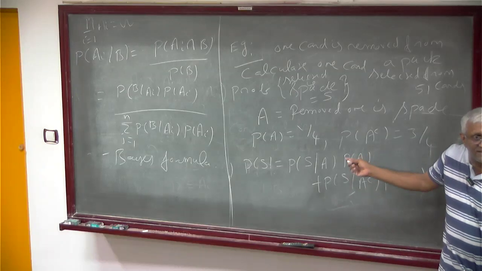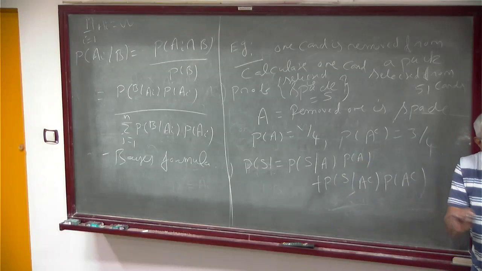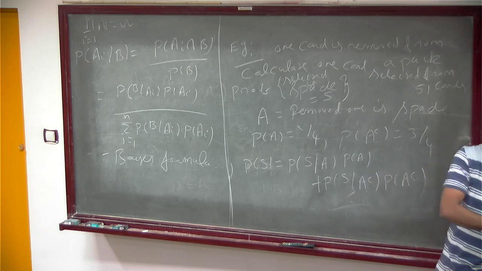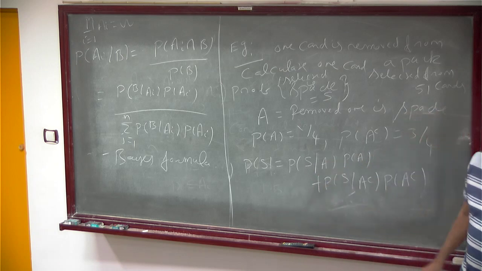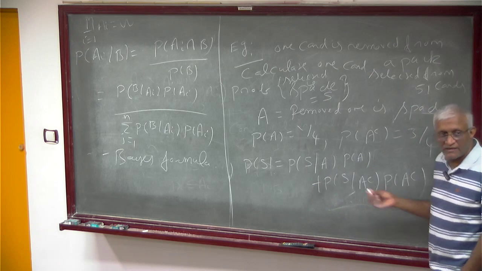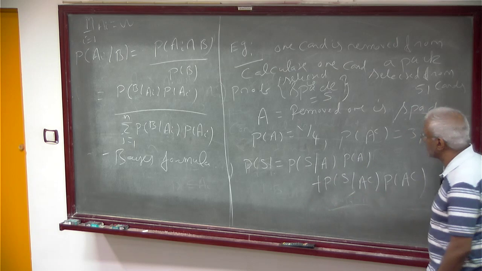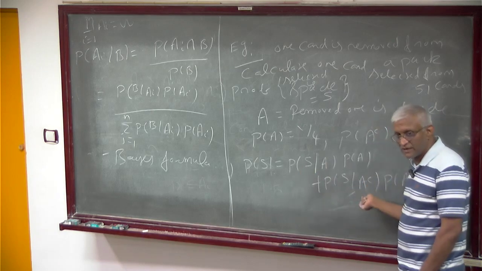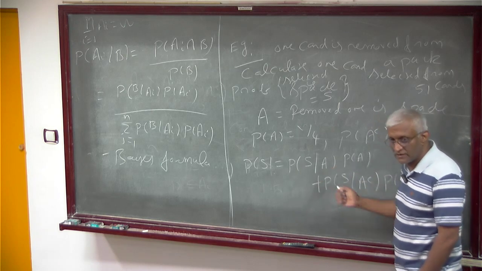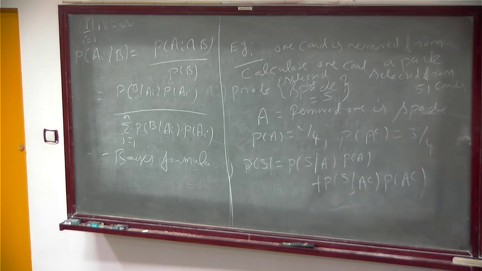This is just mathematics. You don't ask real life questions, like how do we know, or if that is done, then this happens. We assume and we go by logic. Logic will be weirder than reality most of the time. So this is the logic we are using, not what happens in real life. Once you know this is A, it is absurd to consider the other one, but we consider those things.